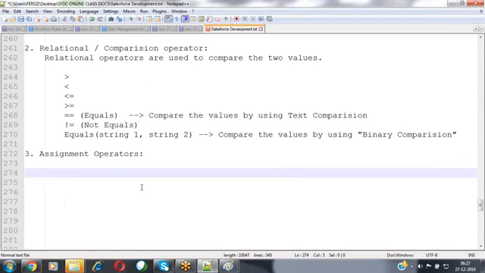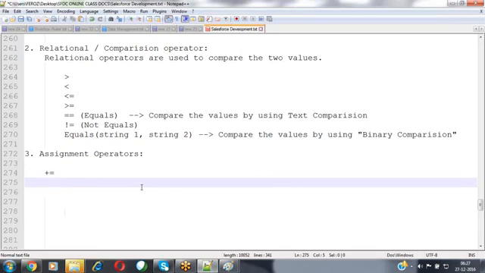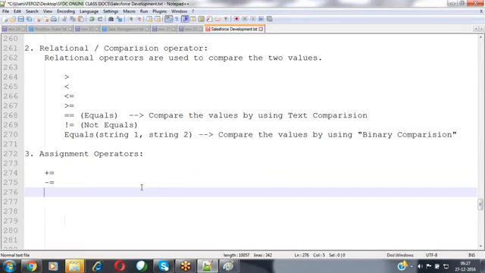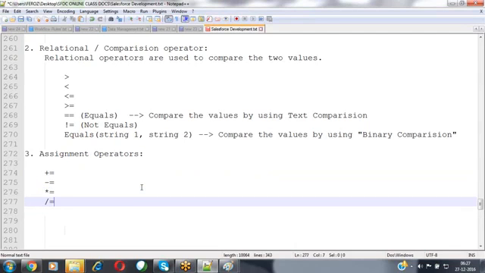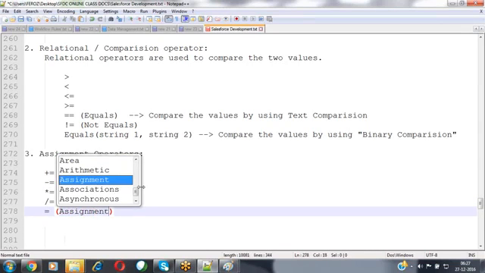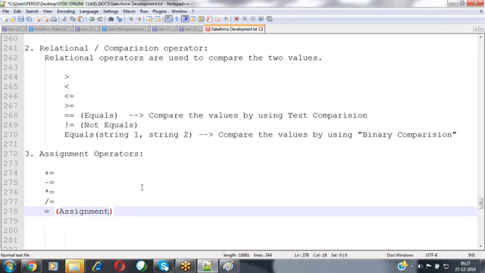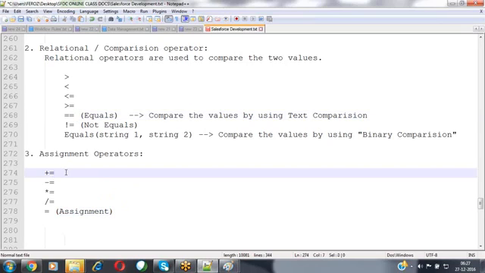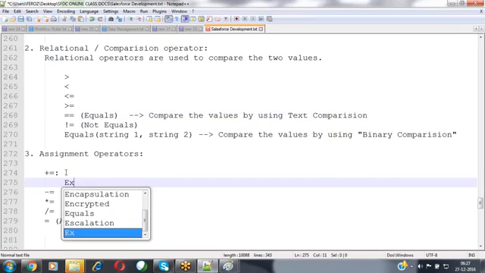When coming to the assignment operators, various assignment operators are available: plus equals to, minus equals to, multiply equals to, division equals to, and then equals to. This is for the assignment. This is an assignment operator, and this is an equality operator. Now plus equals to here. For example,